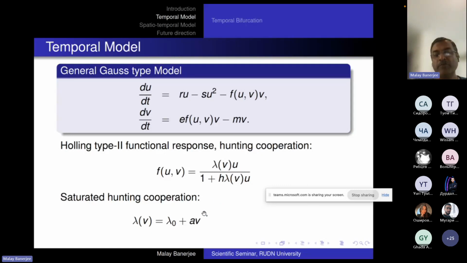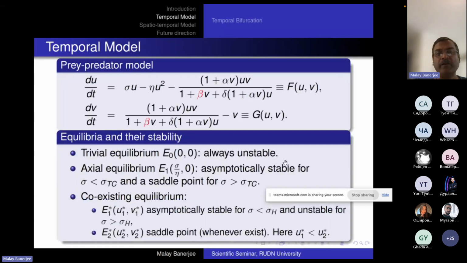And in order to incorporate this idea, we have modified this form a little bit just to introduce a saturation term, such that the assumption is that this kind of cooperation cannot grow unboundedly, but there will be a level of saturation. So once we incorporate this formulation into the model, then